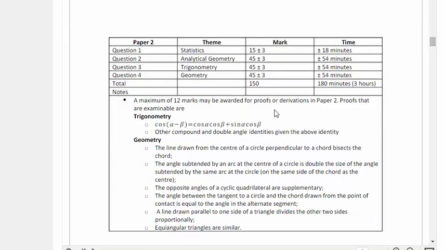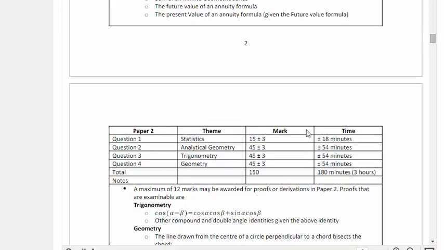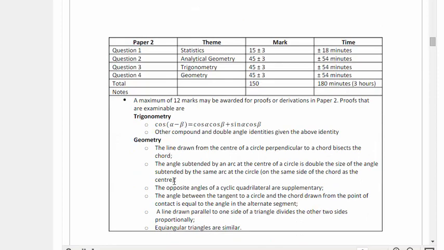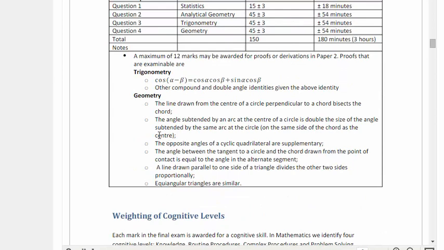So in geometry, in this document I gave you all the proofs that you need to know. Okay, so there's the proofs. There's not a lot of proofs. You can see 1, 2, 3, 4, 5, 6. But you can be sure you'll have 1 or 2 of those proofs in the final exam, each one counting 5 or 6 marks, which, I mean, that's almost 10% if they ask you 2, and yet in the prelims no one got the single proof for equiangular triangles are similar, correct? So we'll look at the proofs today.